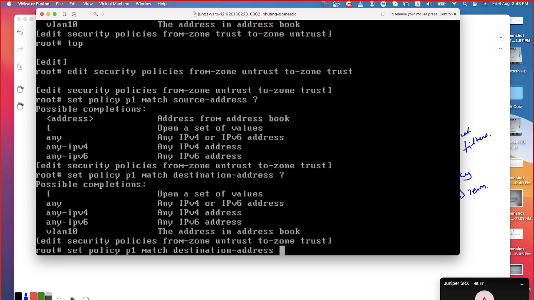Okay, so this is how it will be happening, you understand? So we have from zone, we have to zone. Whichever zone is your from zone, whatever objects you have bound to that zone will be seen in your source address field. Whatever zone you have defined as the destination zone or the to zone, all the objects associated to that to zone will be displayed under the destination address field. That's the logic you need to understand with respect to the policy structure we are talking about. Got it?